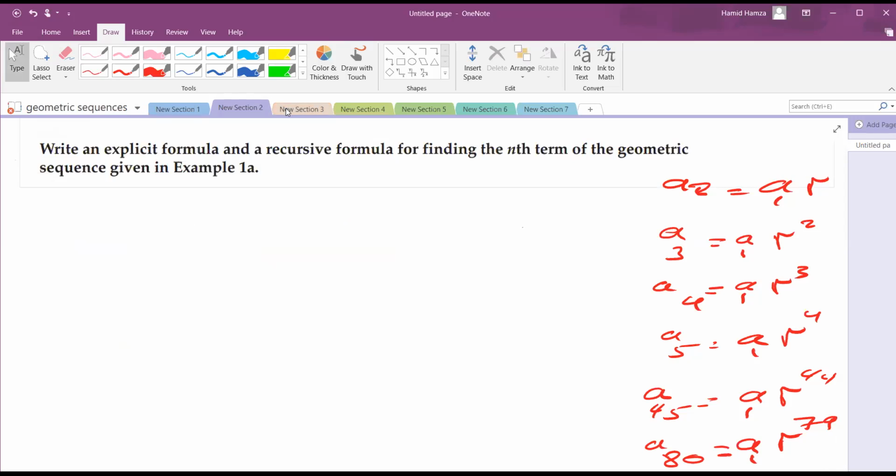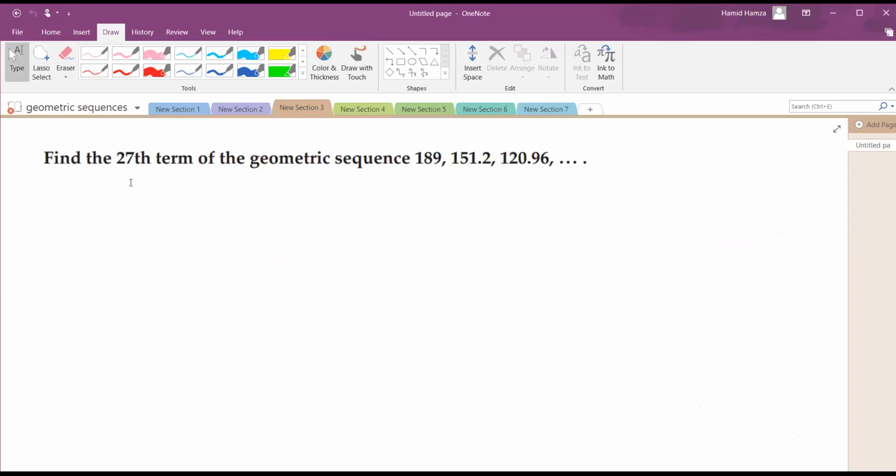So let's take an example. We wanted to find the 27th term of the geometric sequence 189, 151.2. So before this one, I wanted to use this example to show you how to write